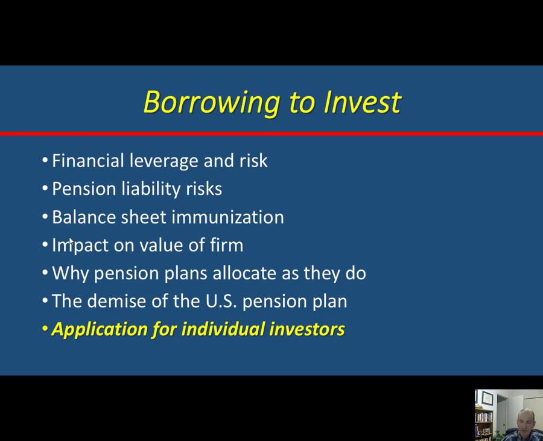I'm not giving you my out-in-left-field theory. This is financial theory. It's textbook theory that says firms should invest their pension plans in a very immunized way to eliminate this systematic risk. But why don't pension plans do that? And it gets back to career risk. Everybody's doing what everybody else is doing, and we'll talk about that more when we talk about endowments, because that's the safest thing to do from a career risk standpoint.